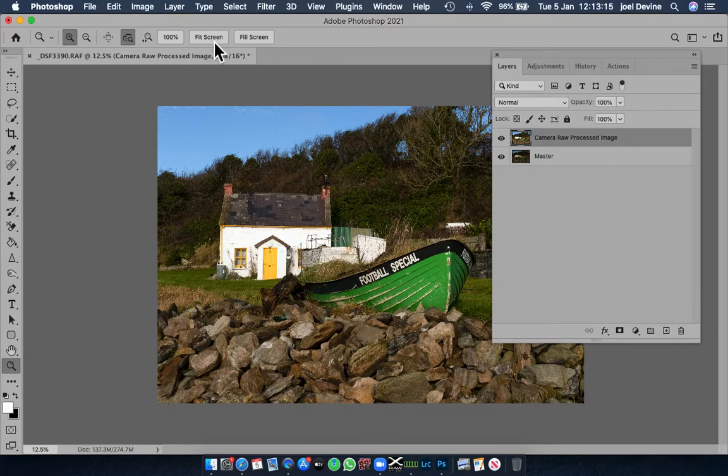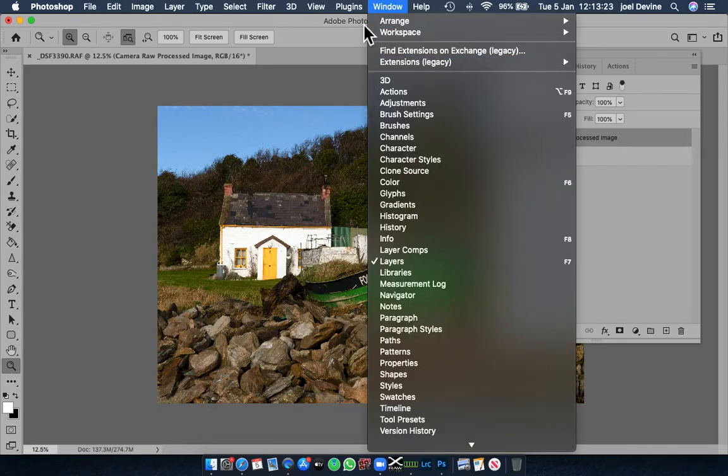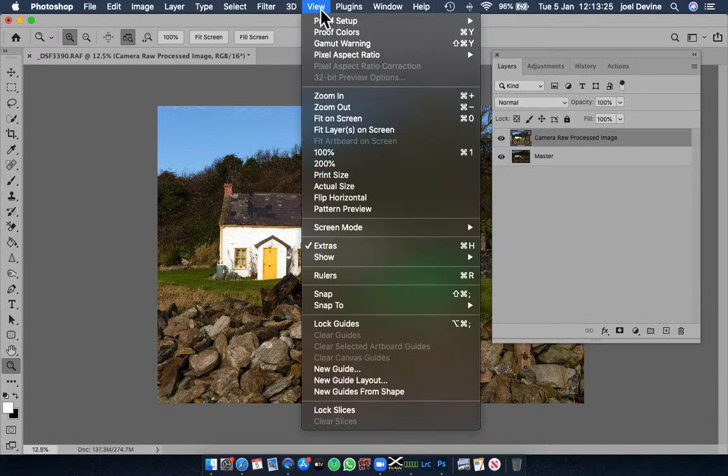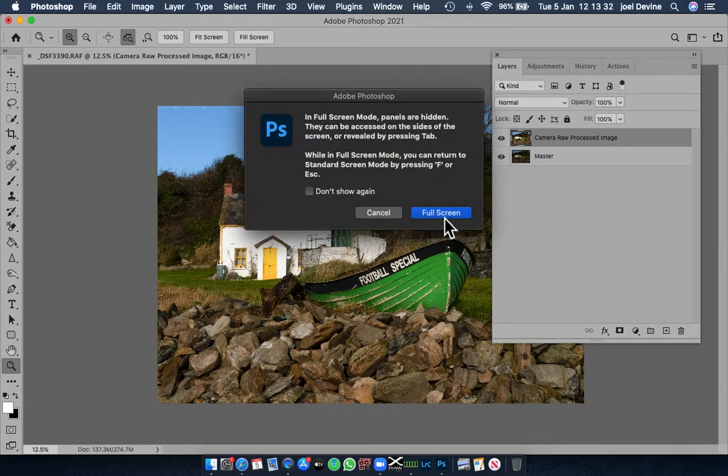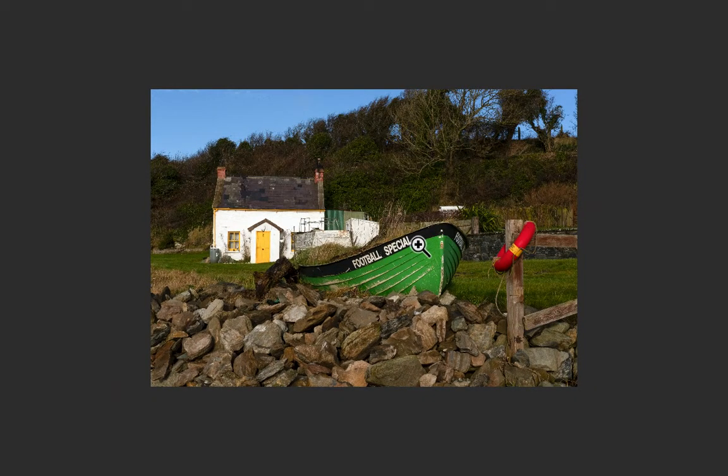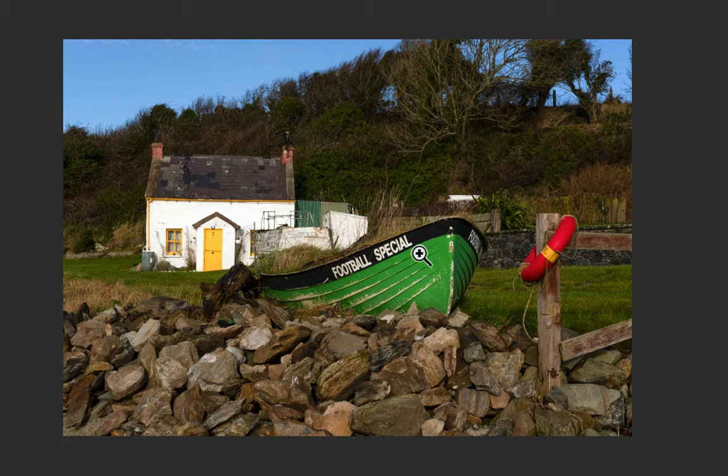I'm just going to fill the screen by going, with my spyglass selected, to the window. I'm going to go to View. I'm going to go to Screen Mode, and then I'm going to go to Full Screen Mode and click on Full Screen Mode where we can view the image on screen. Now that is the first part of the automated process,